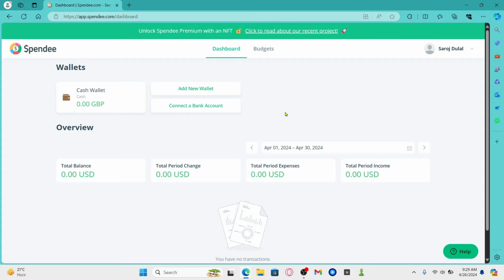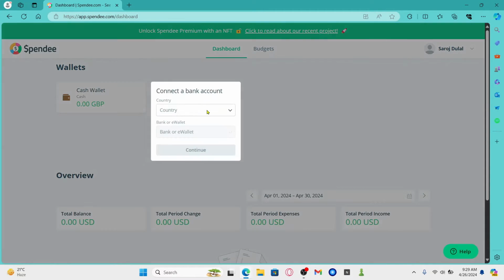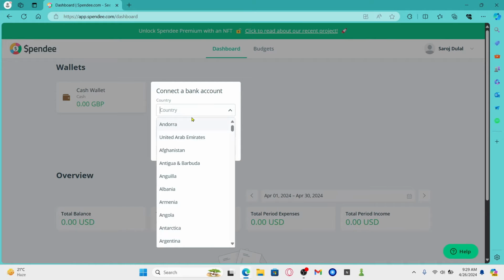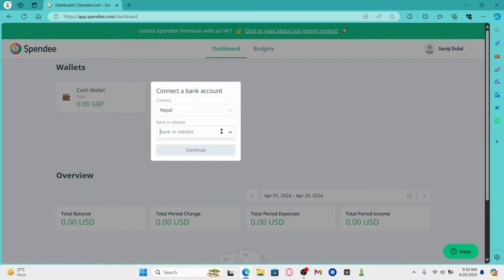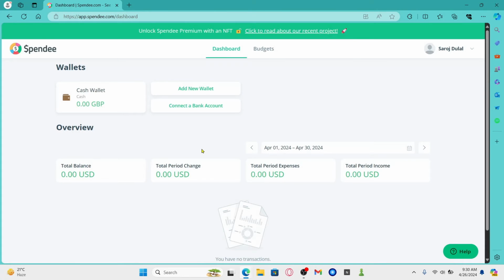Now, if you haven't already connected your bank account, you will find the Connect a Bank Account option at the homepage. Go ahead and click on it, and now you will be asked to choose your country. Click on the country drop-down menu, and then choose your country. Then from the bank or e-wallet section, click on the drop-down menu and then enter your bank. After choosing your bank or e-wallet, click on the Continue button, and you will be asked to enter the information